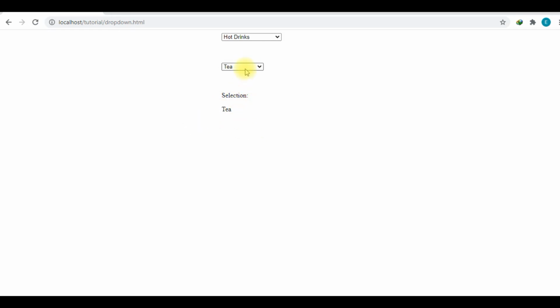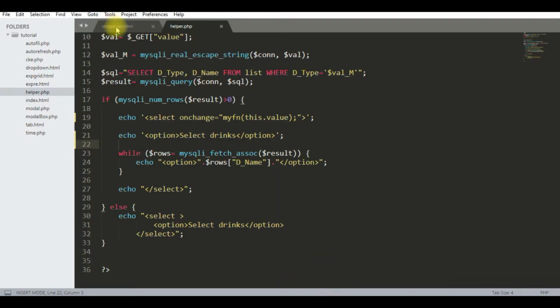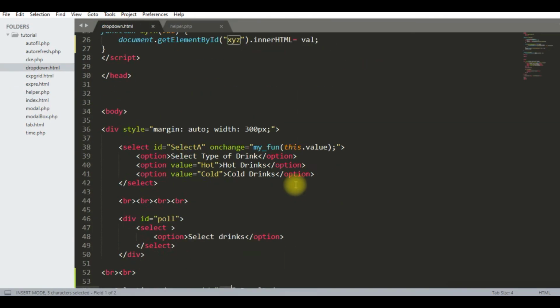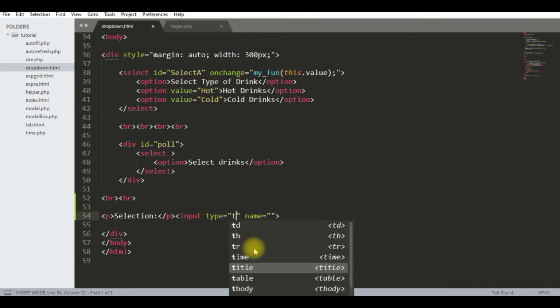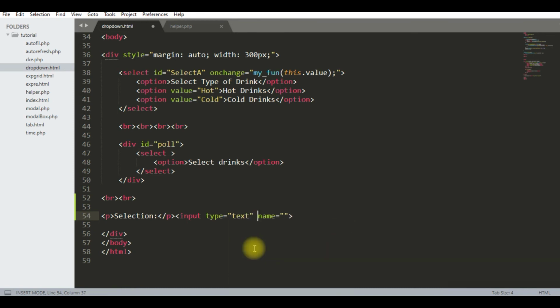So in this way, whatever the value of the second option, you can show it somewhere. Here you can see it in some input field. For this, you just do like this. Name, say.